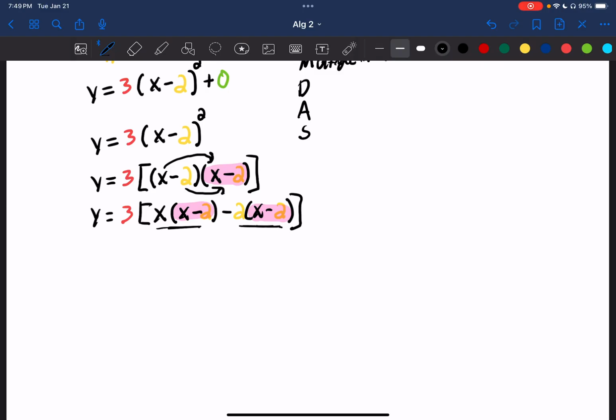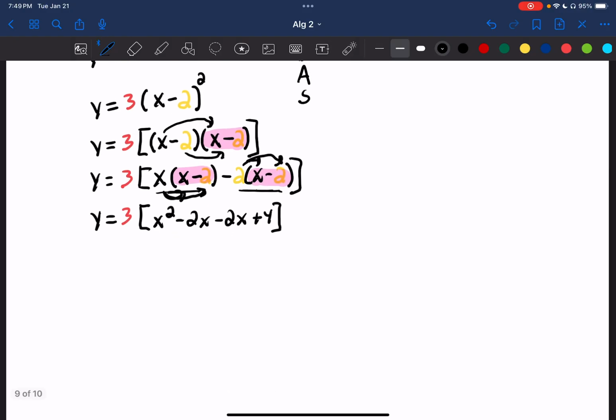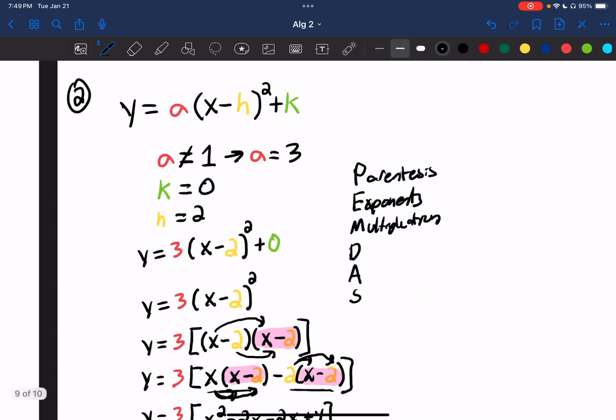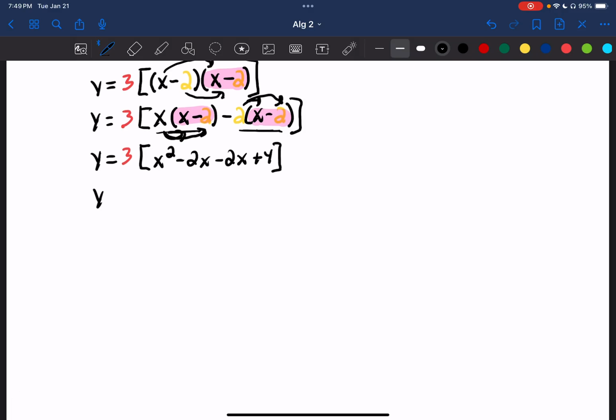Now that we've done our first distribution, we can do our second distribution. And there I'm still going to have 3 with parentheses on the outside. And now I'm going to do x times x is x squared. X times -2, that's a -2x. -2 times x is another -2x. -2 times -2 is a +4. And we can close our bracket. Just as we did back here, we can combine like terms in the bracket. We get y is equal to 3